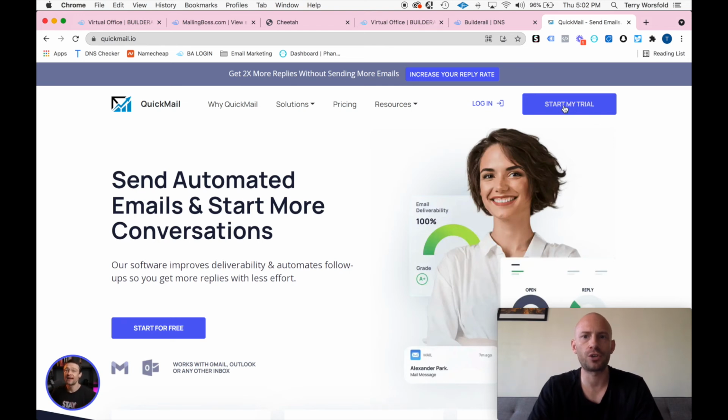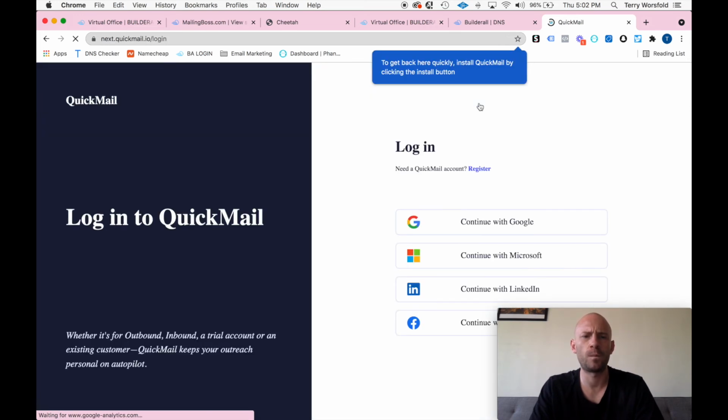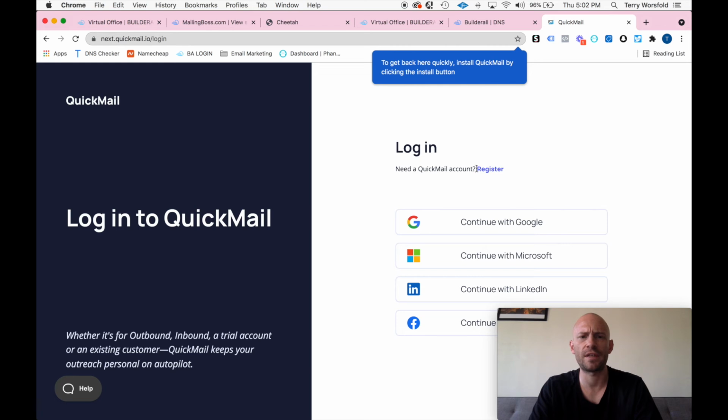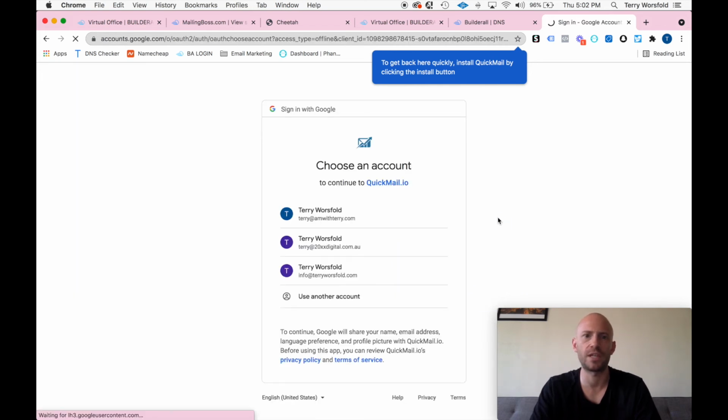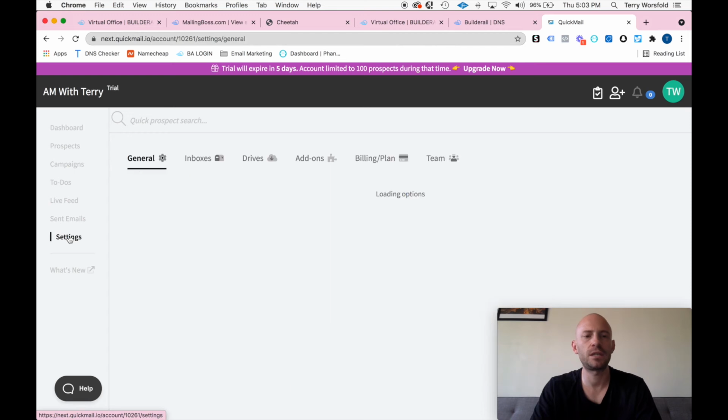So go up, start your trial, and it stays free. So it's a free account. They do have some automations and things like that you can upgrade and pay for. We don't need to do that. We're just using the warm-up feature, which stays free. So this is your dashboard. So what we want to do is come down into settings,